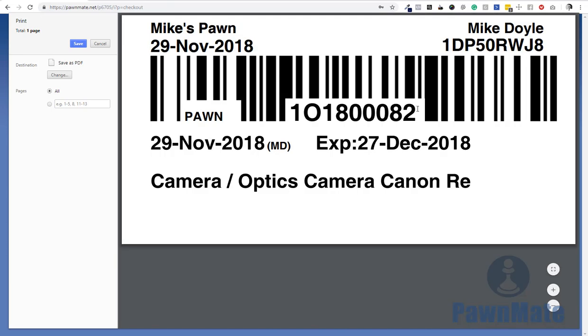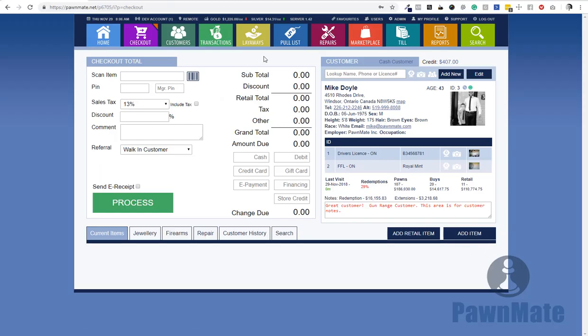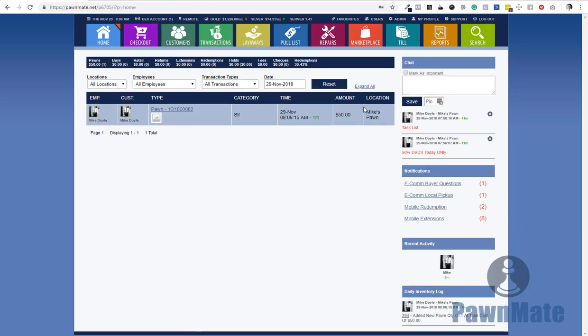There you go. So now this is the item, and we just did our first pawn. So I'm going to go back to the home screen and show you here is the pawn. If I click on it or expand all, it's going to show me some details. Now, I didn't add an image, but I could have added an image to this transaction at the same time